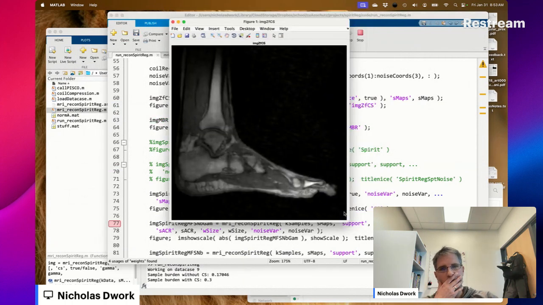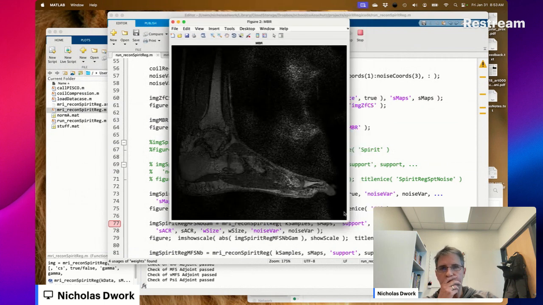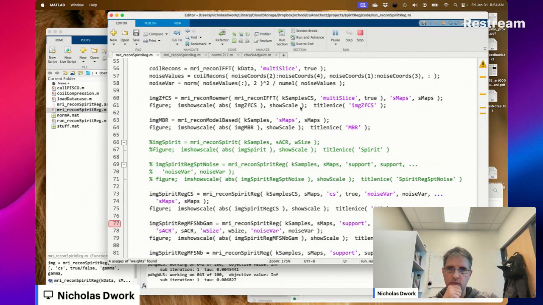That's zero filled. That's model-based reconstruction. That's going to take a long time to get to the compressed sensing reconstruction the way that we're doing it. You know what?